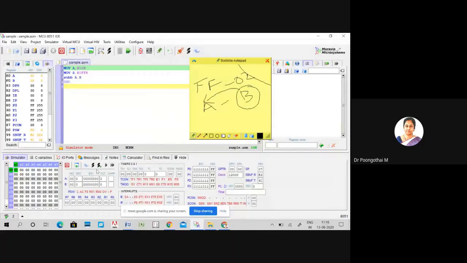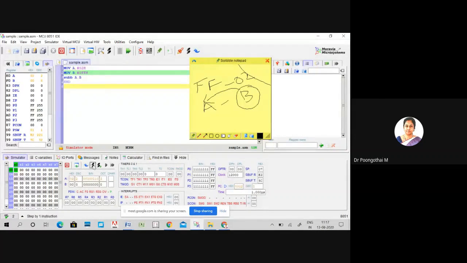Let's execute this code. So 02 is moved to accumulator. Look here, and that value is also reflected in this window. So your accumulator holds 02.